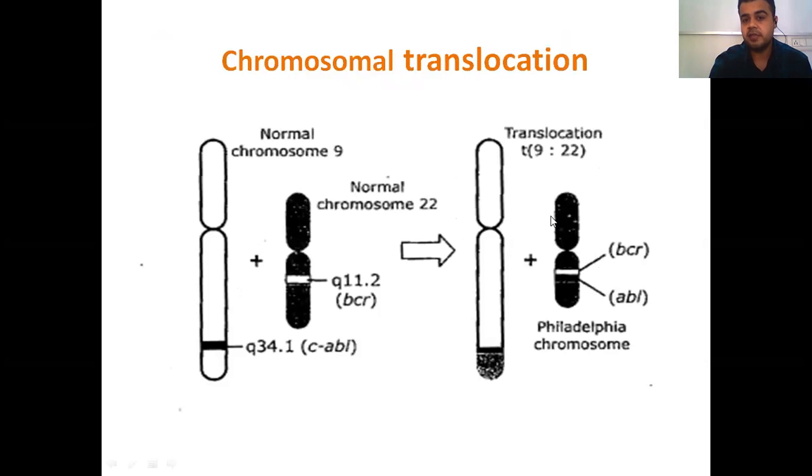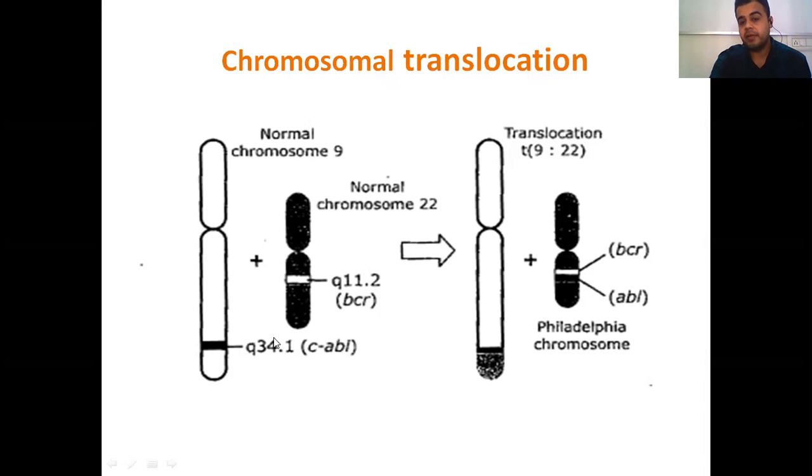So we'll discuss it. As you can see, this is chromosome number 9. This is not chromosome number 20. These are normal chromosomes. Now, if a part of this segment of the chromosome is transferred over here, as you can see, the part of this segment has been removed from here and transferred to here, to chromosome number 22. So translocation of the chromosomal segment happens from chromosome 9 to 22.